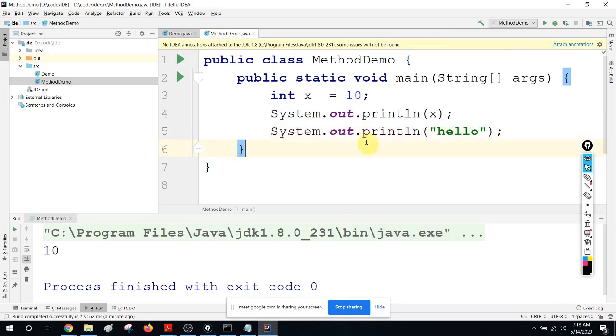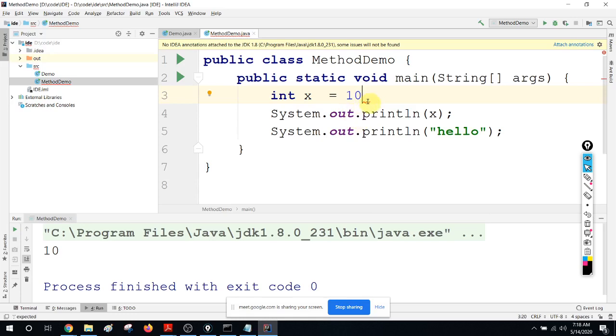The other facility is if I make a mistake, for example, if I forget this semicolon, straight away you can see it is red. Otherwise we get that error only when compiling, but now straight away it says there is an error there. It also suggests that a semicolon is expected. You may not see it because it's very tiny.